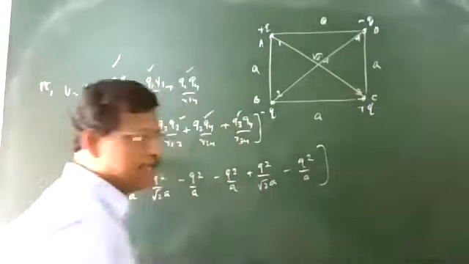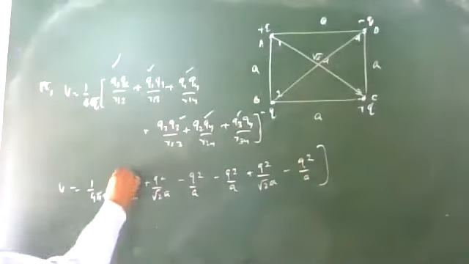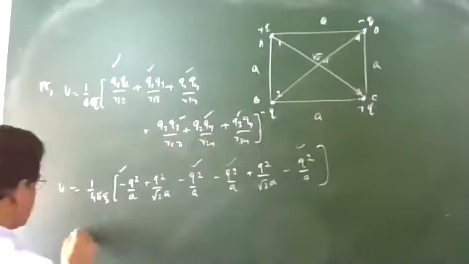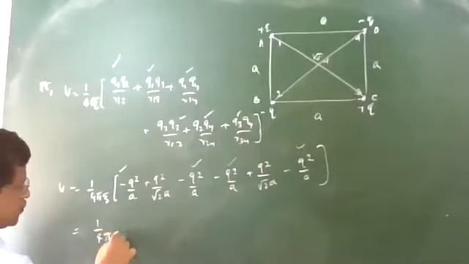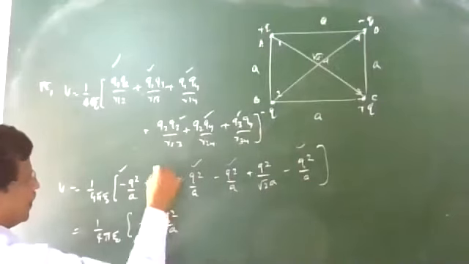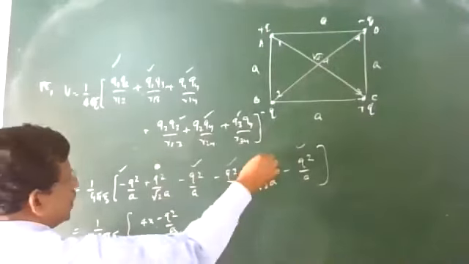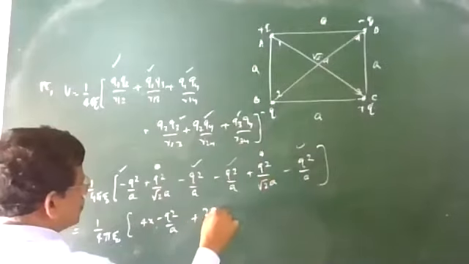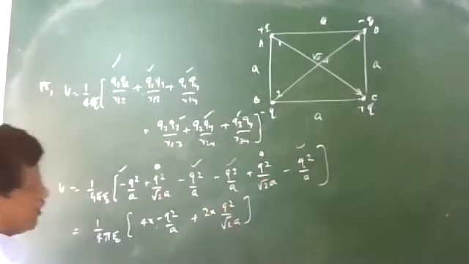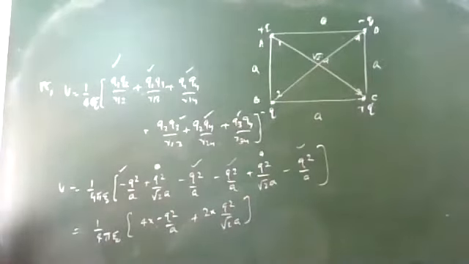This way obviously first minus Q square, second minus Q square, third one, fourth one, 4 minus Q square terms are there. 4 into minus Q square term. Now you have Q square by root 2a 2 times, 2 times Q square by root 2a terms. So something you can take common. So this is equal to